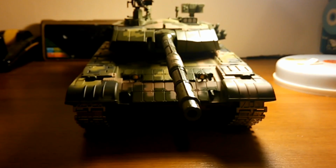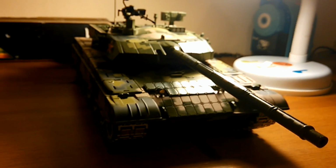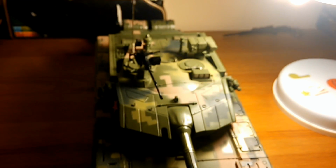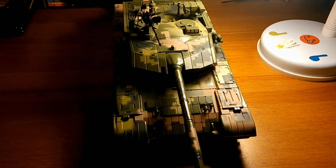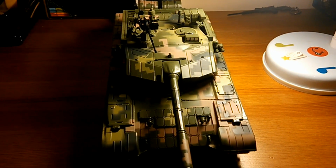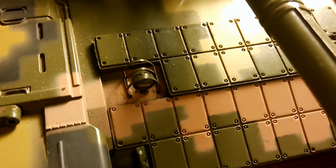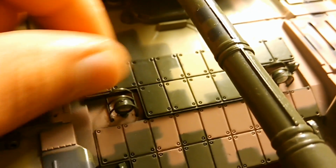It looks pretty thick. The designers at the time basically asked what should we use, the Russian T-80 design, or should we use the Western Leopard 2 style of design. They found out it was much better to have a Western design, but this tank was actually designed over the Type 96, which was based on the T-72 chassis. It used the Russian type of design chassis-wise, and of course no shortage of reactive armor plating